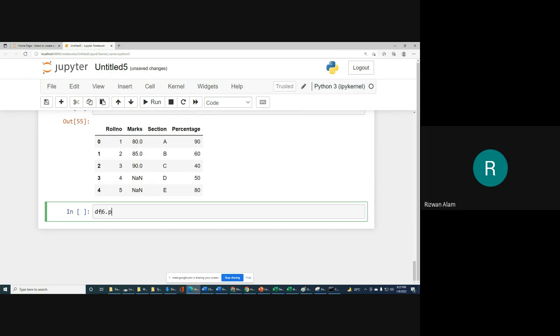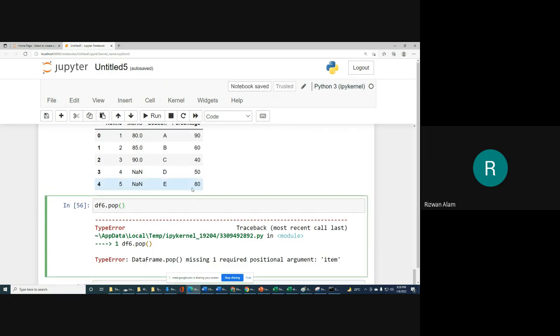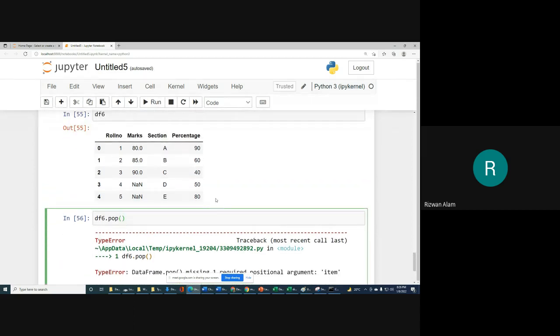df6 dot pop. If we use pop, let me show what happens: DataFrame.pop() missing one required positional argument: item. So we have to write here that item, which column we want to pop.